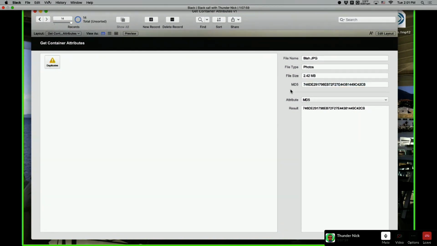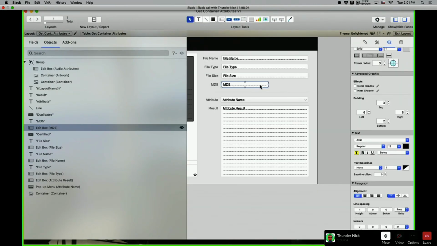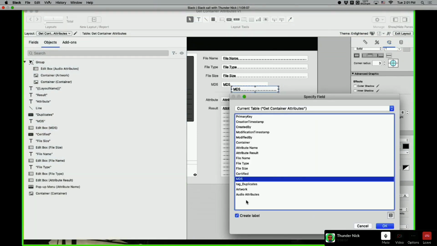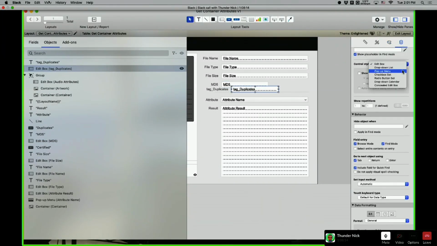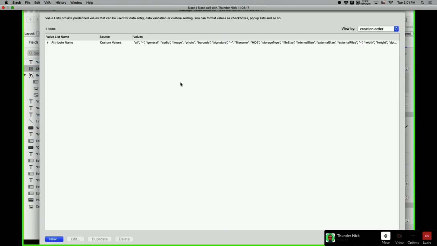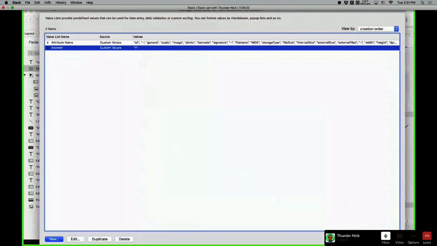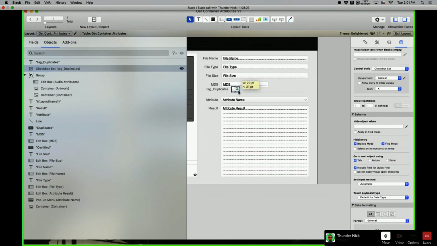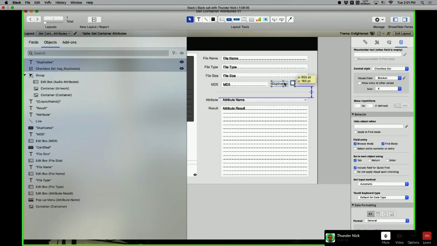If I want to find the duplicates, I just do this: tag duplicates, which is a checkbox, and I want the boolean 1. I don't need this. So this is the duplicate here.